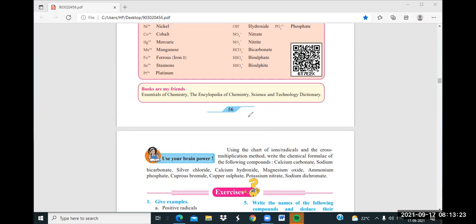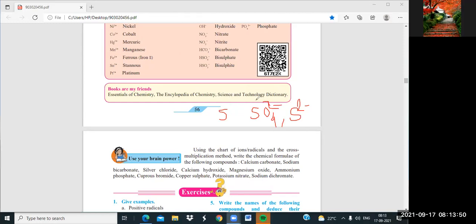Then sulfur. About the sulfur, we know its symbol is S, and we know how we can write sulfur radicals. SO4 2-, S2-, like this we can write their radicals. Here 2- you can write. Then second one S2-. So like this you can write the answer.